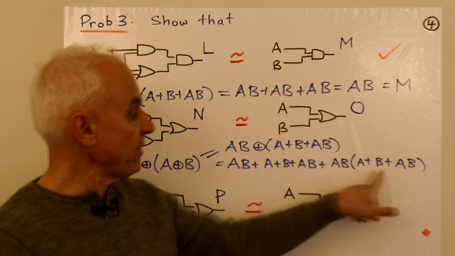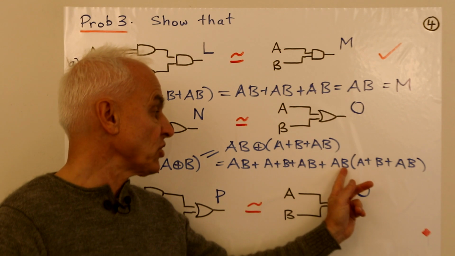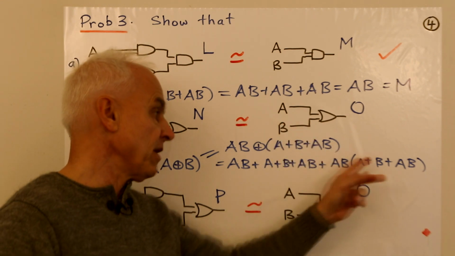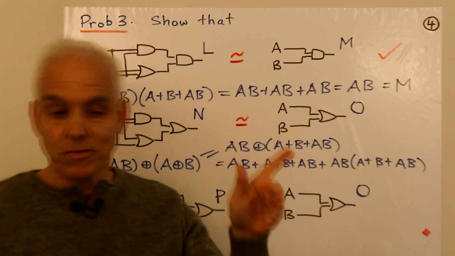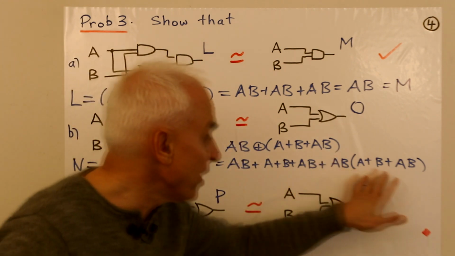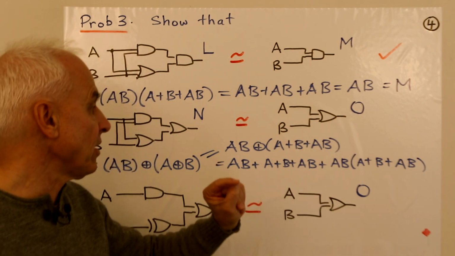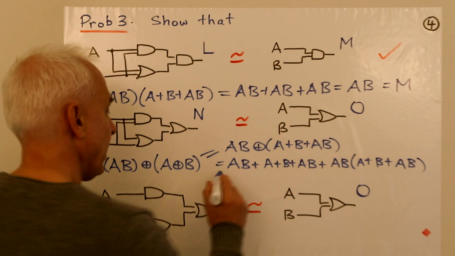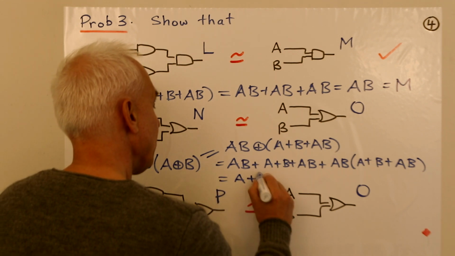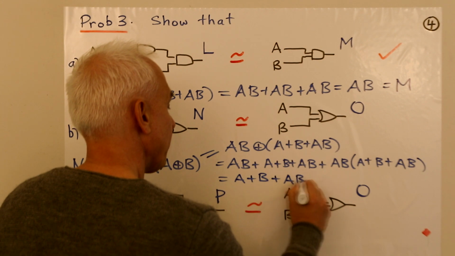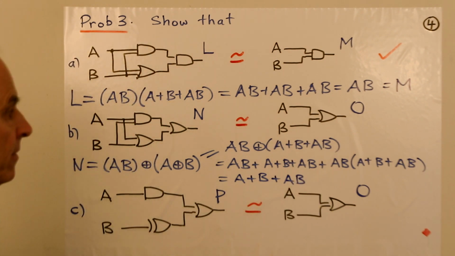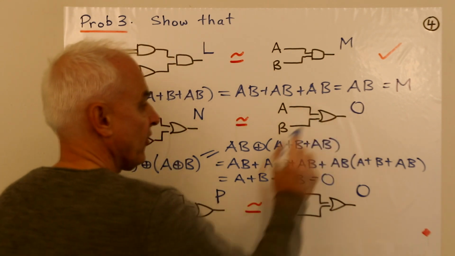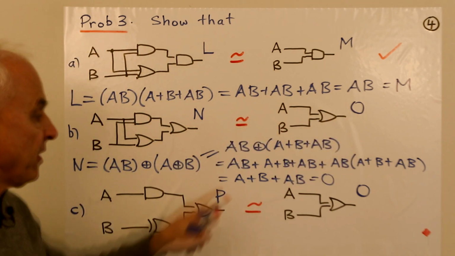What happens when we expand this thing out? Well, each of these terms will be an AB. AB times A is AB. AB times B is AB, AB times AB is AB, so there's three of them, two of them cancel, we just get a single AB from this term here. And that will cancel, no, we've already canceled the ABs. So what we end up having is A plus B plus AB. And that's the same as O. This O here is just an OR. The OR of A and B is A plus B plus AB.